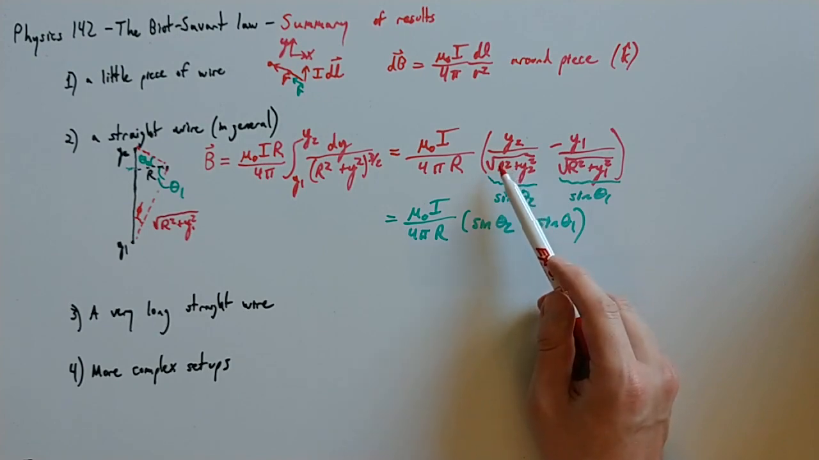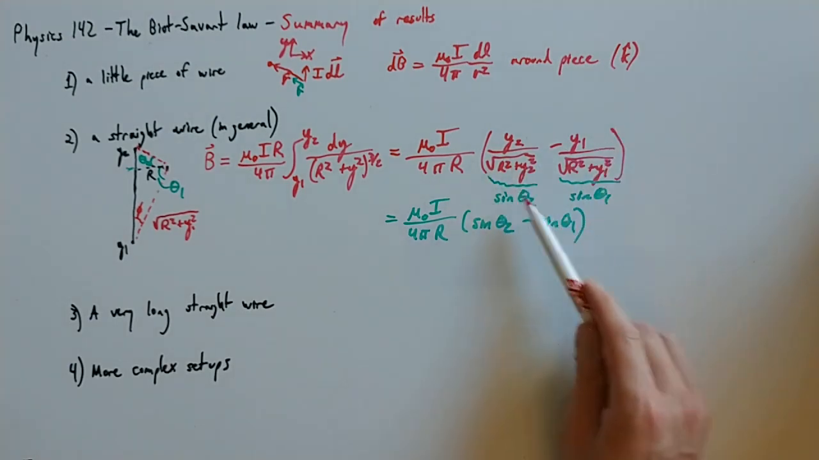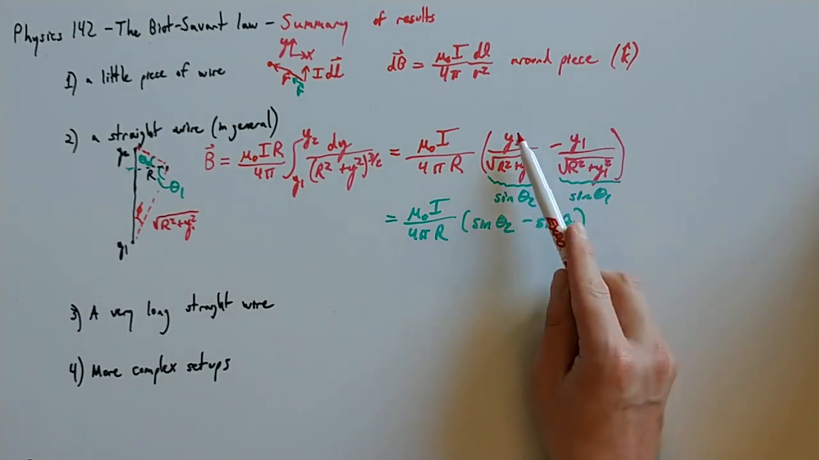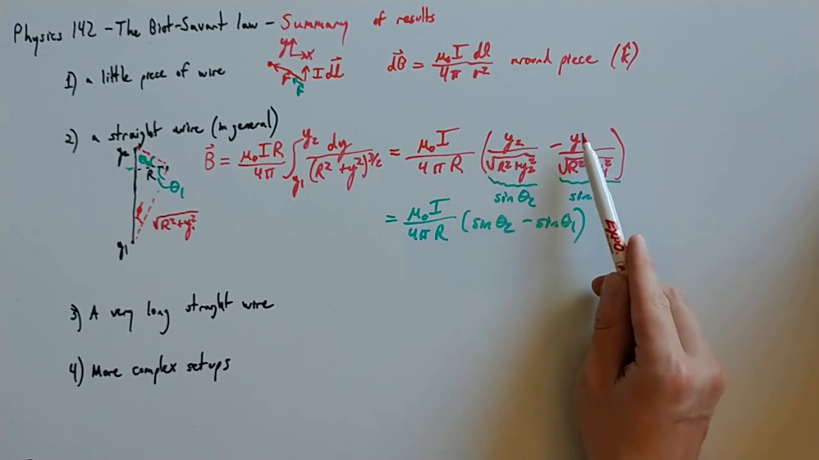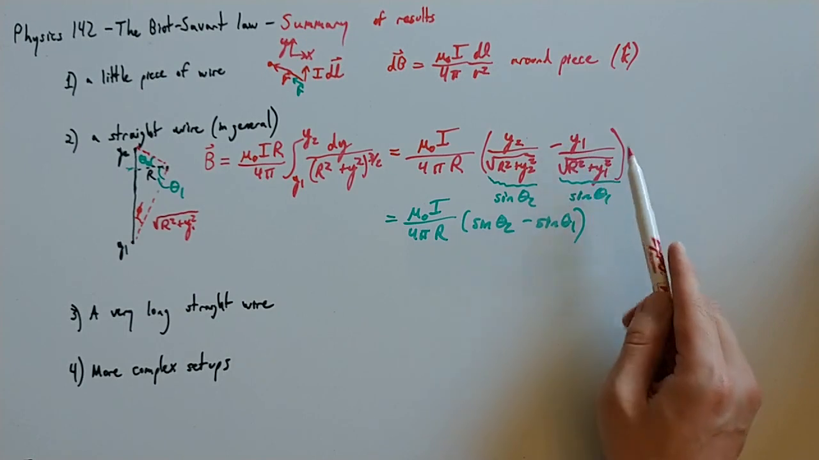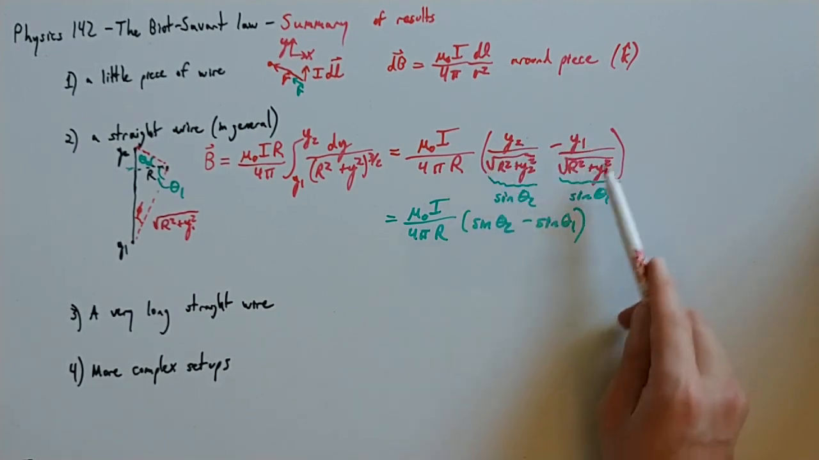You end up getting just a factor of 2 out of this term, because this just becomes y2 divided by y2, and this becomes minus y1 divided by y1, which the minus minus becomes a plus, and so this just becomes a factor